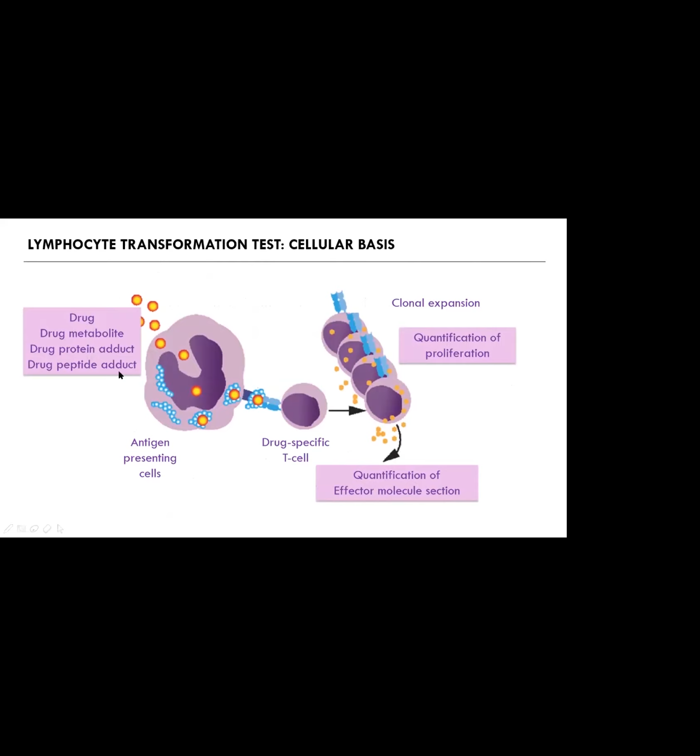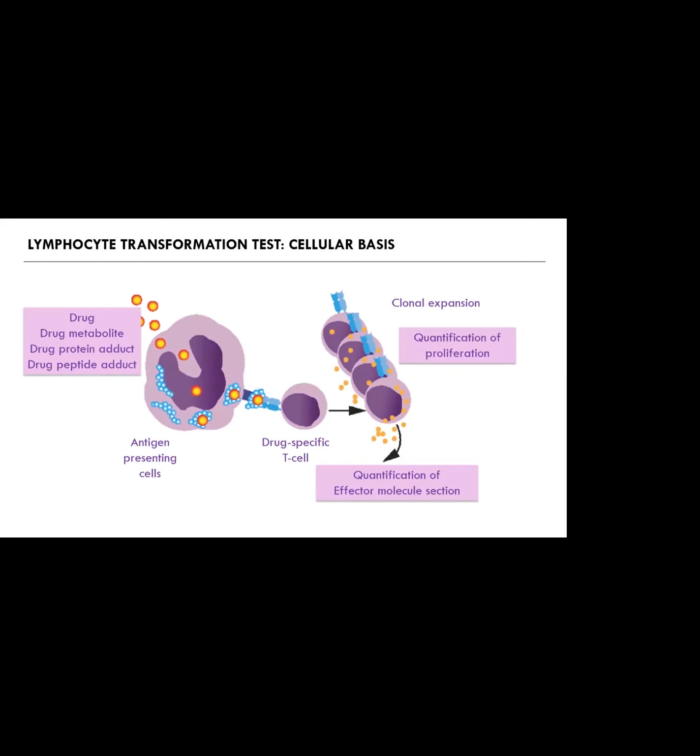And so we have a drug metabolite or a drug protein, whatever can bind to the antigen presenting cell, is administered. The drug specific T cell comes in contact with the antigen presenting cell, and there's proliferation, clonal expansion,